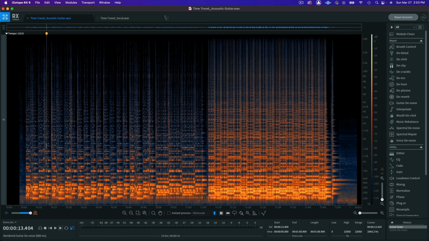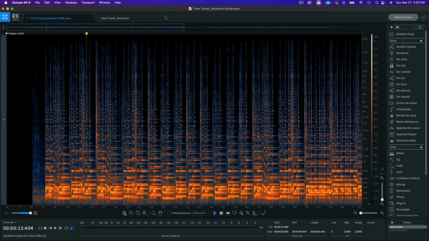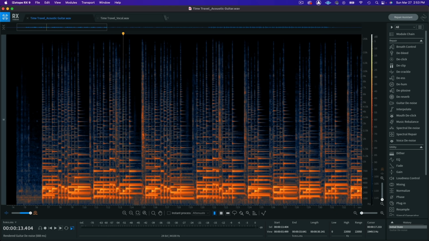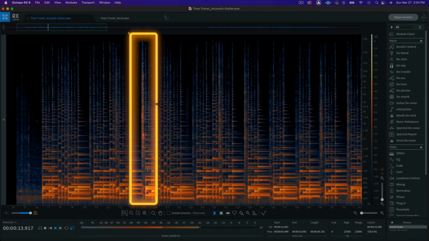So the first thing I want to tackle in the guitar is the string noise, or the string squeak. So I'm zooming in here so we can see the detail a little more clearly. And I'm going to play back an example of what I'm talking about. Right as I transition chords, you can hear my fingers sliding along the fretboard and kind of a loud, harsh noise.